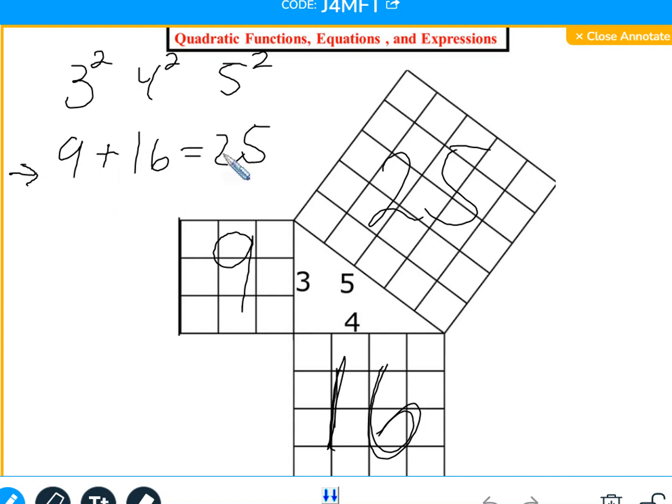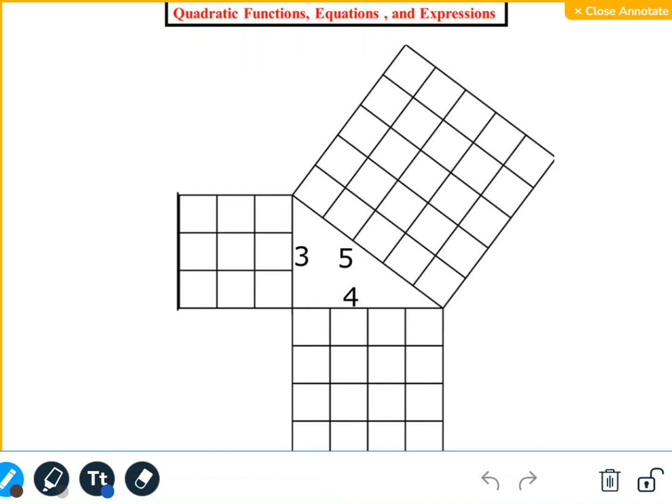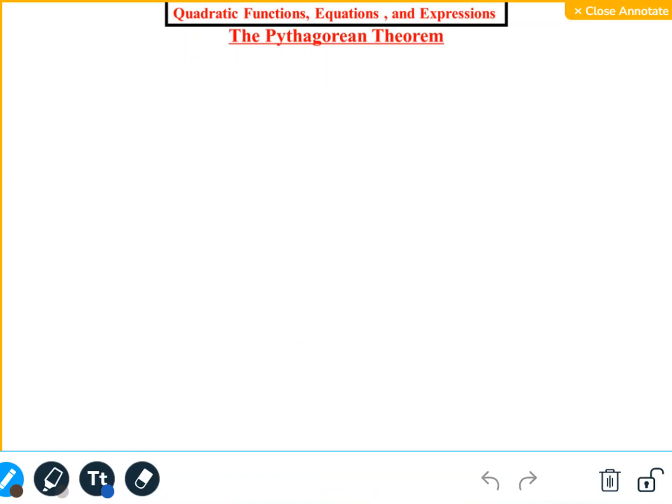9 plus 16, you get 25. That is correct. Which means 3 squared plus 4 squared equals 5 squared. Does that sound familiar? Yes, that's exactly it. This is from 5th, 6th, 7th grade. Write this down. The Pythagorean theorem. That is correct. I'm just showing you the connection where it came from in regards to coordinates and graphs and such,